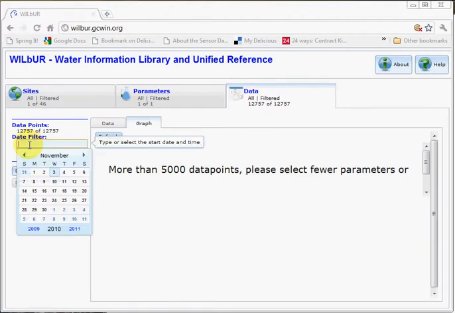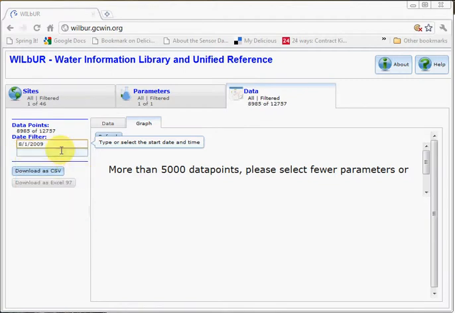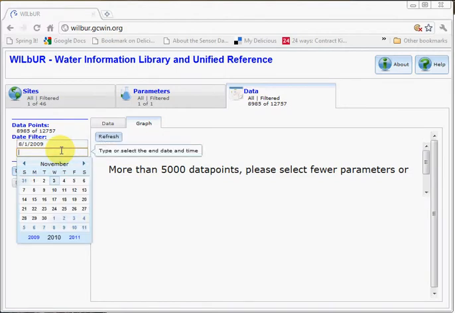So we can click on the date filter here, and it's going to pop up a standard UI to allow us to select that date. And we're going to go back to 2009. That's when our data is from. And November's not a very interesting water month, so let's go back to August. We'll start at August 1st. And then we're going to go to the end of August